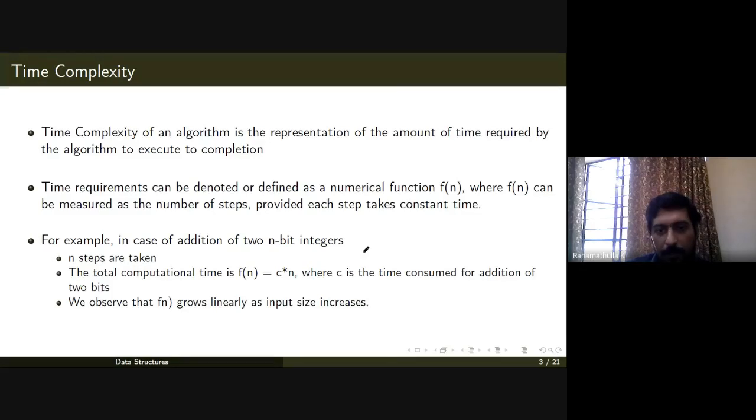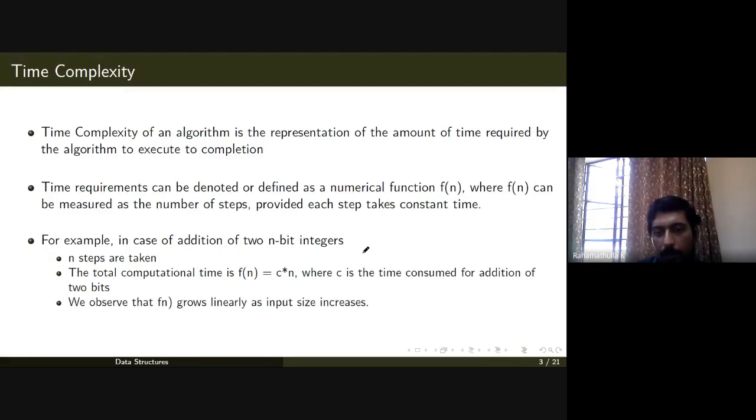So for example, let's take the example of addition of two n-bit integers. Let's assume that we are going to add one bit at a time. So n steps will be taken. In the first step, the first two bits will be added. In the second step, the second two bits will be added, and so on. So the total computational time can be defined as f of n equal to c into n, where c is the time consumed for addition, and usually we take c as a unit time, whether it is addition, multiplication, or whatever operation it may be. We take that value c as a constant,